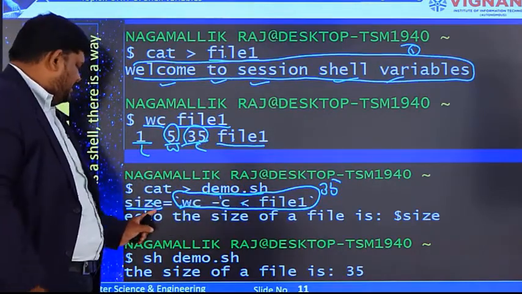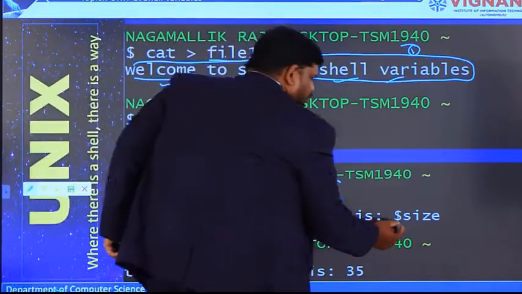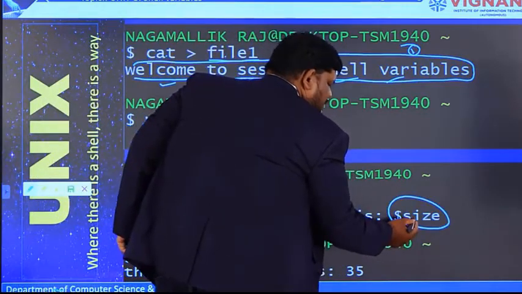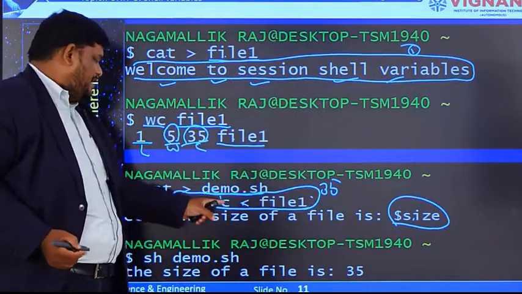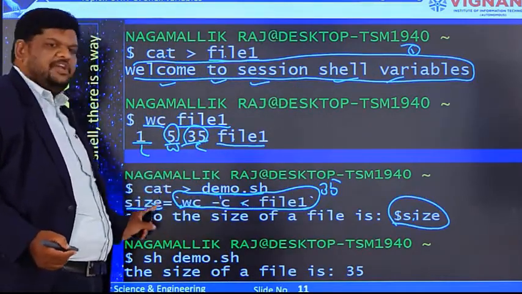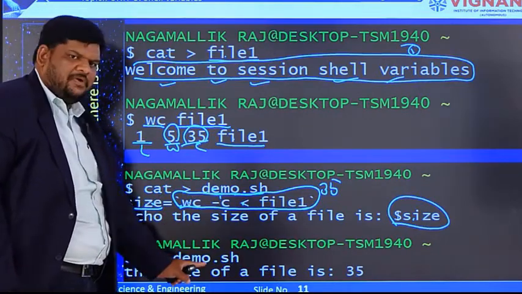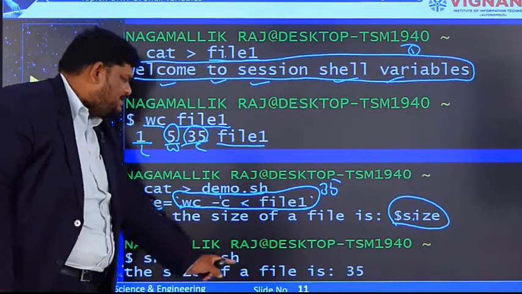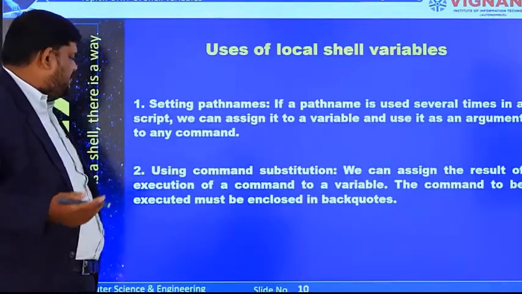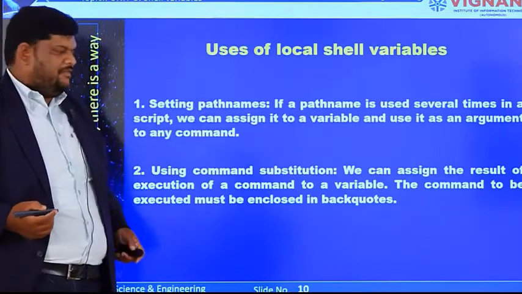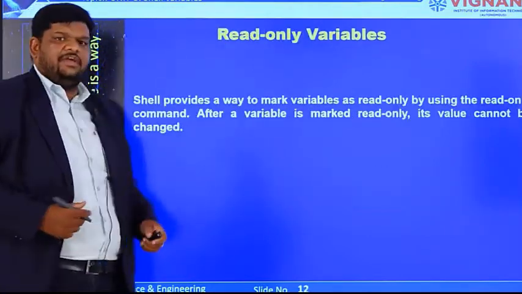Let us see here. echo the size of a file is $size. We know what the value of size is: 35. So we can assign command substitution to the variable in this way. If you execute sh demo.sh, the size of a file is 35. So in this way we can use local shell variables using command substitution.